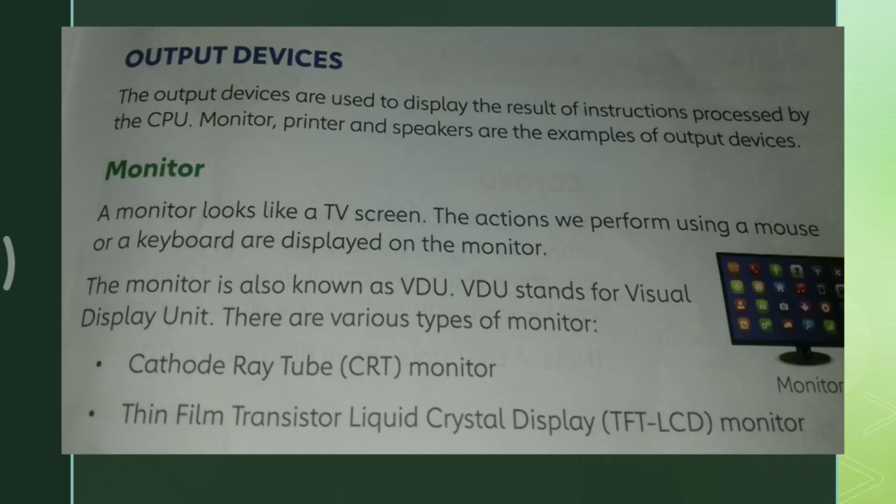And the types of monitor are cathode ray tube monitor, thin film transistor liquid crystal display monitor and flat panel light emitting diode monitor. These are the types of monitor we can see, okay. And next,